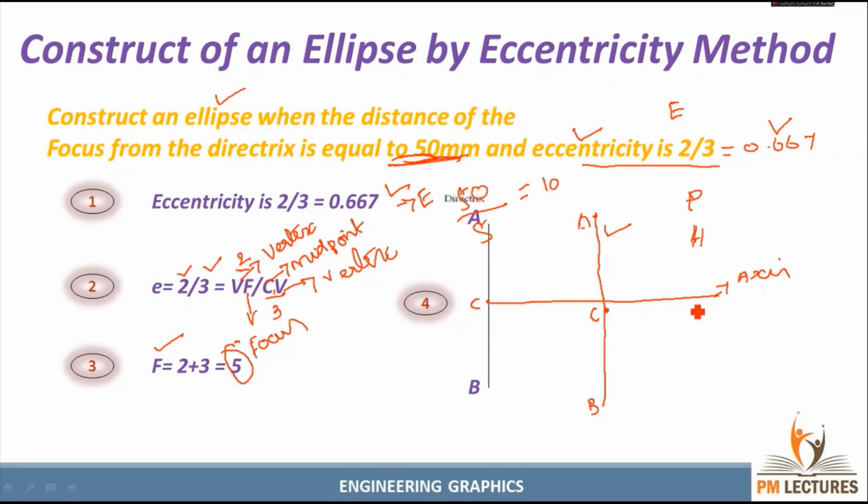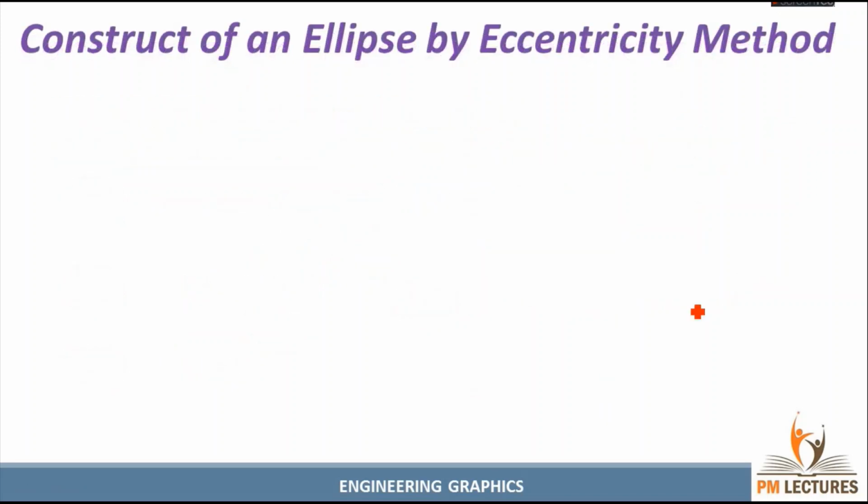After drawing these two lines, you get the view like this. You need to draw like this. This is the vertical line, which you can call the directrix. After that, you give the names A and B, and then you find the midpoint here, that is C. From the midpoint, you draw a horizontal line, which is called the axis. There is no magnitude for this; you can draw it as per your wish.